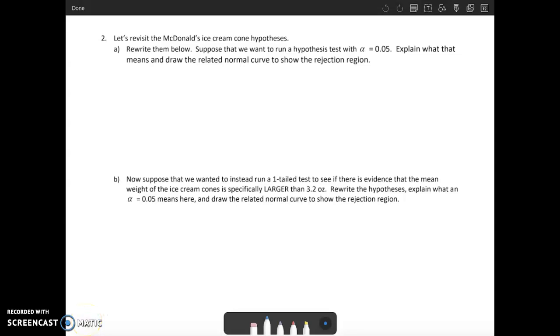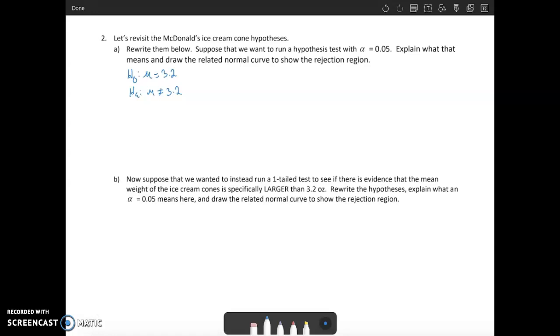Now that we've gone through some of the more in-depth parts of hypothesis testing, let's revisit that McDonald's ice cream cone hypothesis. We want to rewrite our hypotheses below. As a reminder, our null hypothesis was that mu is 3.2 ounces, what we've been told the mean for the population is supposed to be, but our alternative, our claim that we're trying to show is true instead, is that mu is not 3.2. We're trying to find evidence that the mean weight of the ice cream cones at McDonald's is not really 3.2